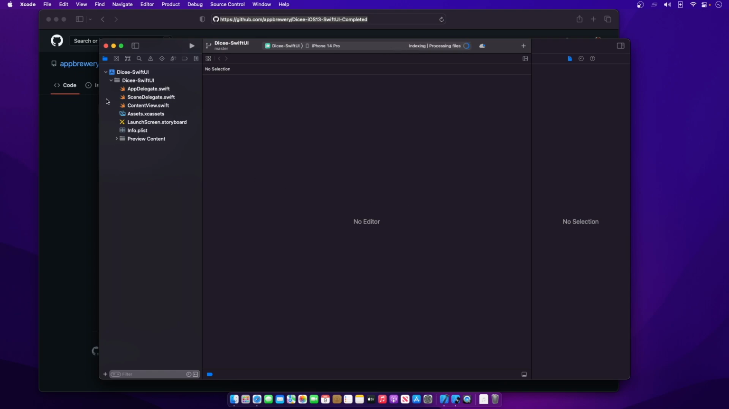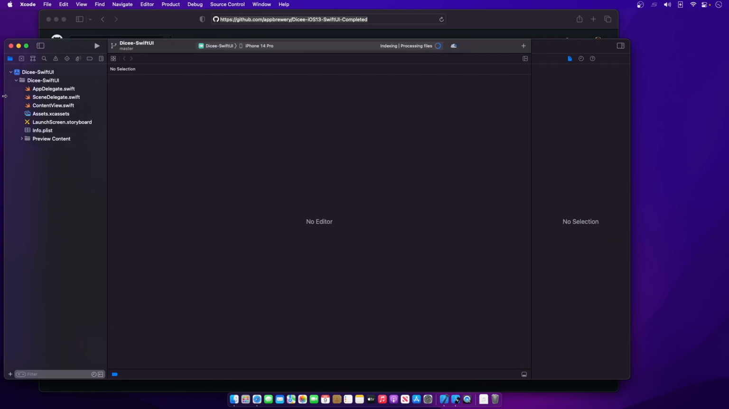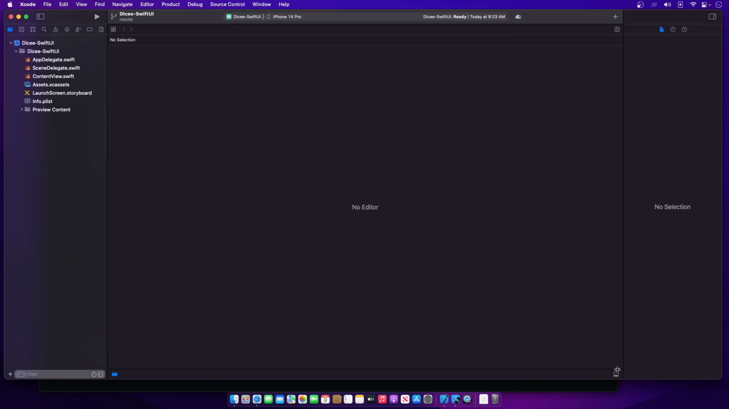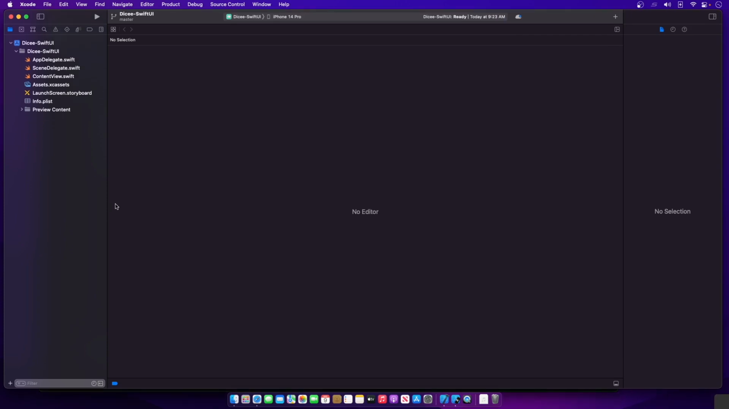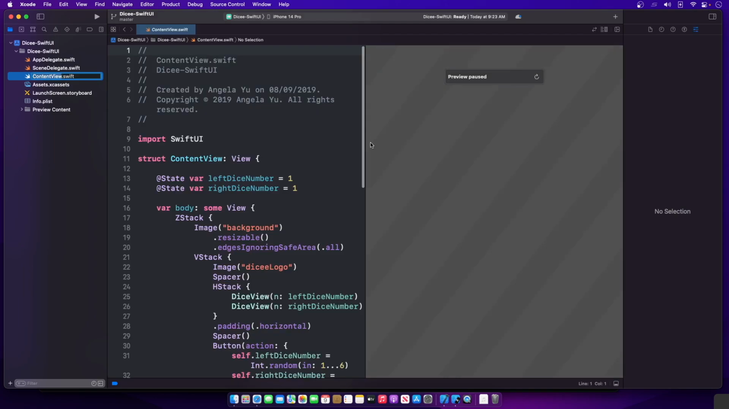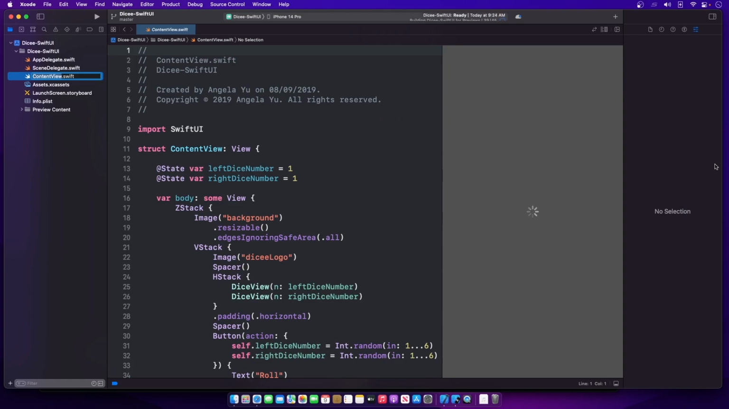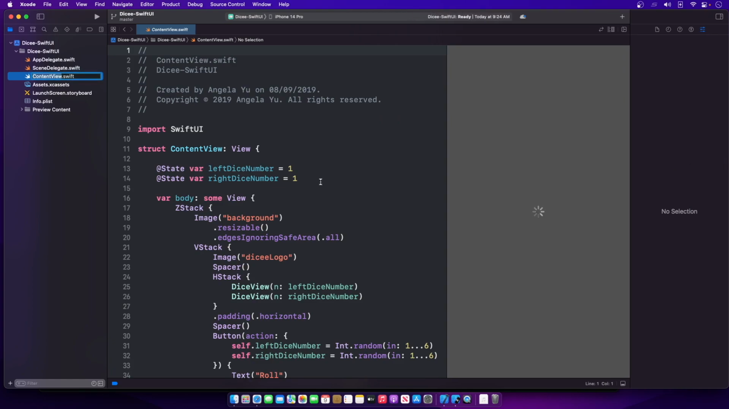It is probably loading things up and initializing processing files on my machine. And I'm just going to make this a little bit bigger so we can kind of take a look at what we have here. So again, this is in SwiftUI, so let's take a look at this content view, and it'll bring up the preview. Let's see what it looks like. All right, so while it's rendering, I'm going to just fix my workspace here, and we're just going to dive